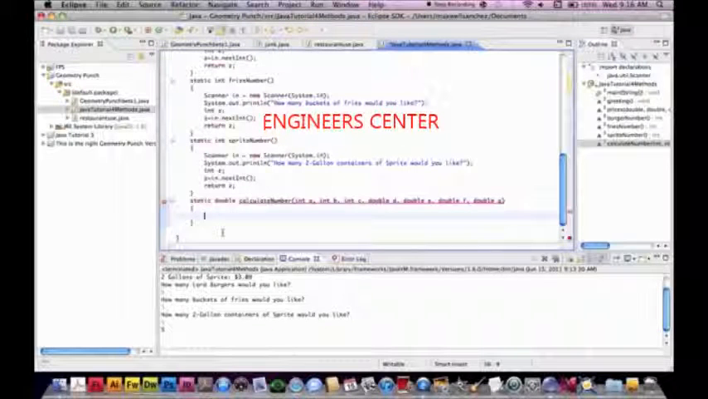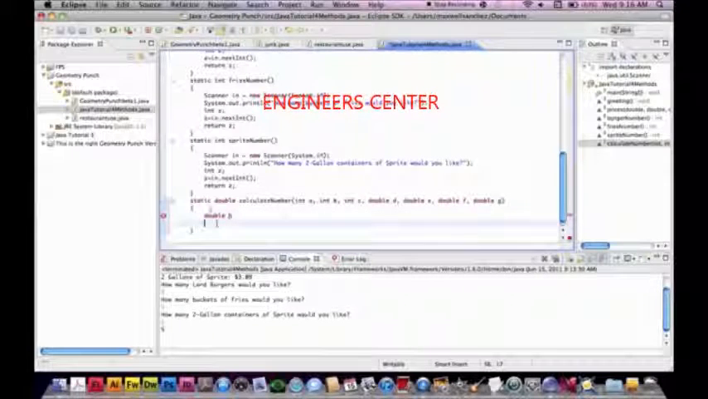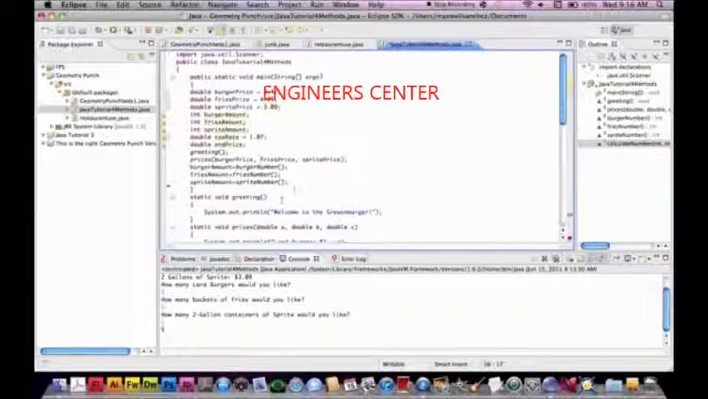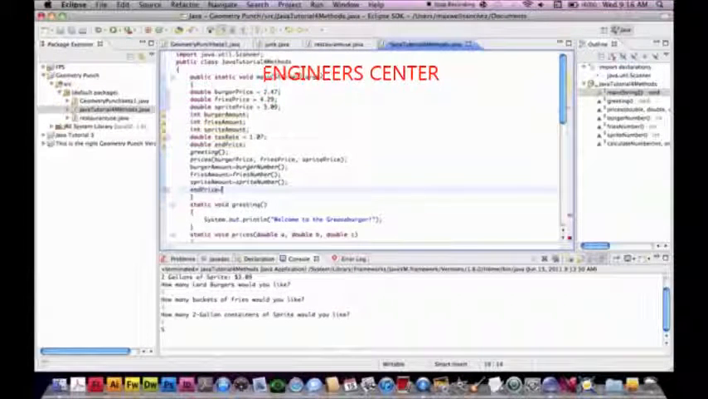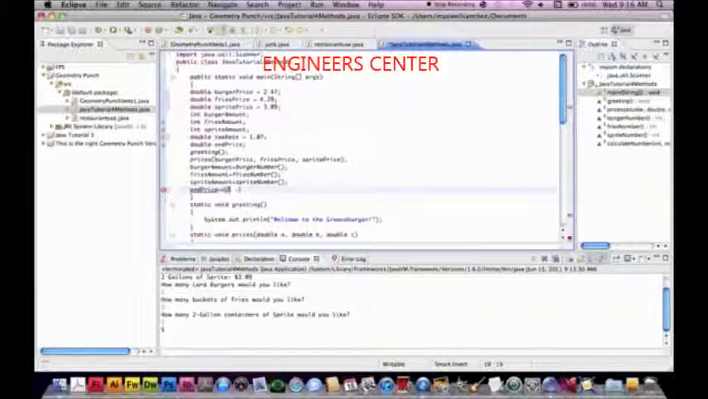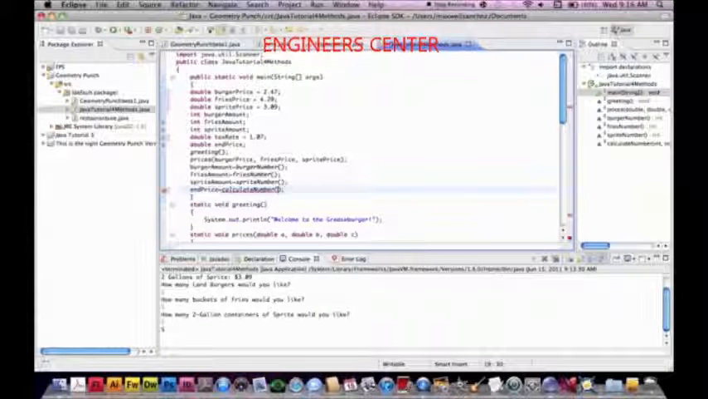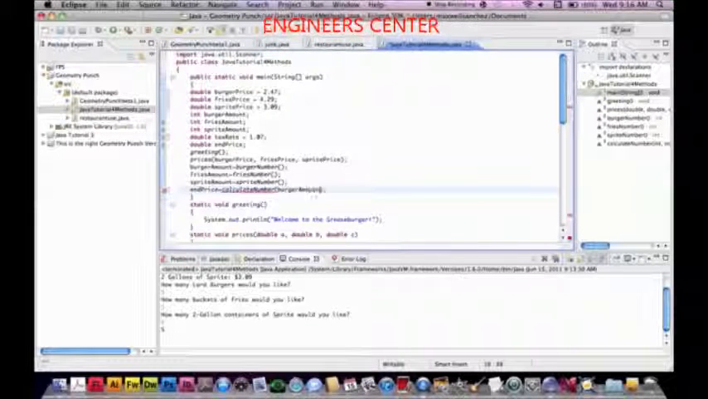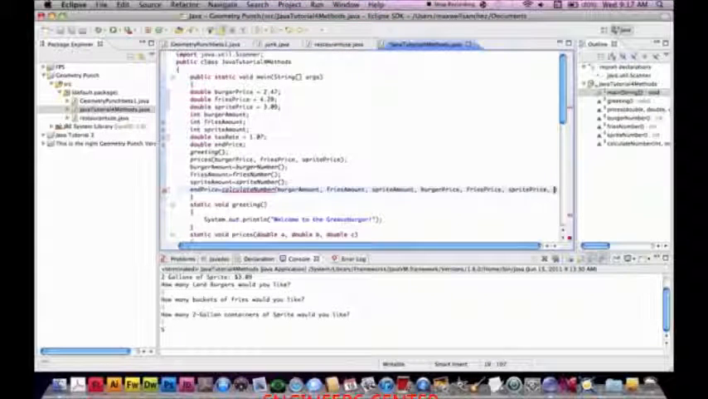So what we're going to do is I'm just going to do a double H, and it's going to return H, and then H will be set equal to, I'll write that right now, end price equals, and then what do we call it, calculate number. And then here's the tricky part. We're going to pass it everything. Well, it's not really tricky, but we're going to pass it in the right amount. So burger amount, fries amount, Sprite amount, burger price, fries price, Sprite price,